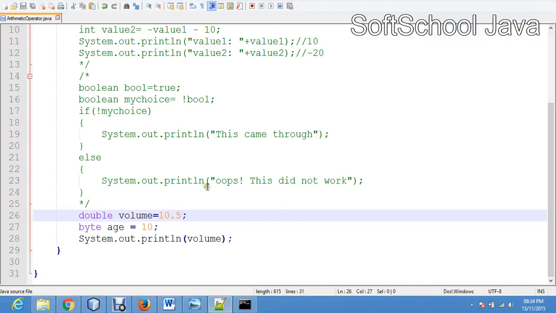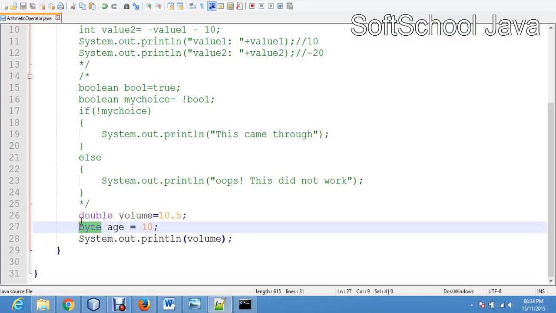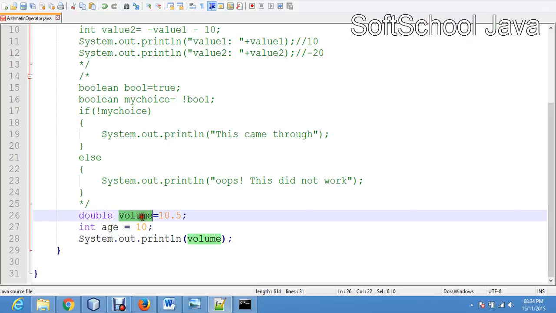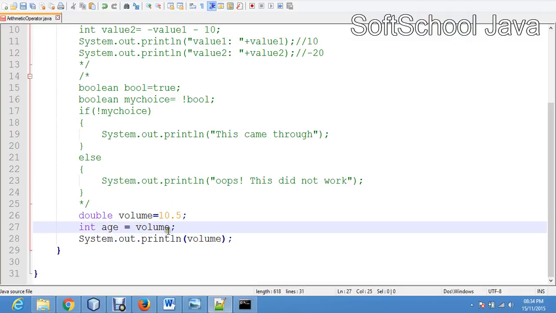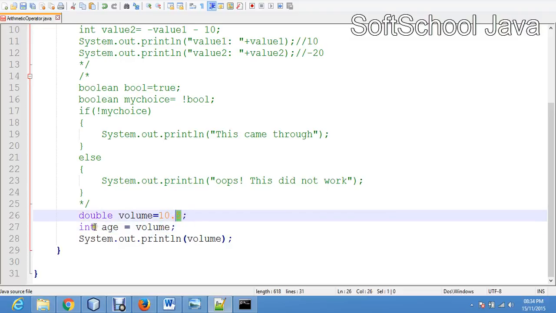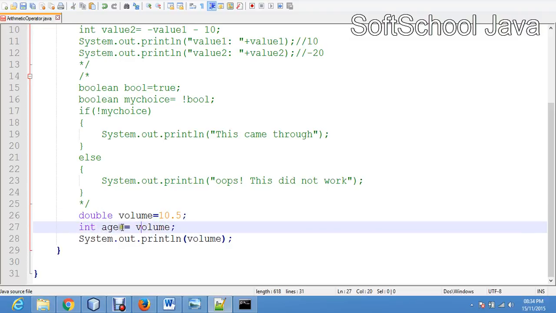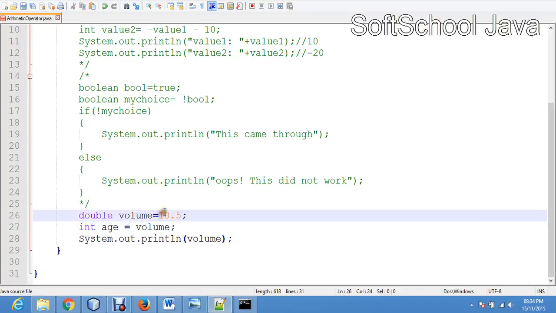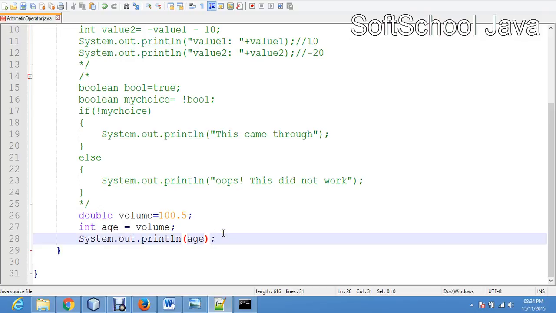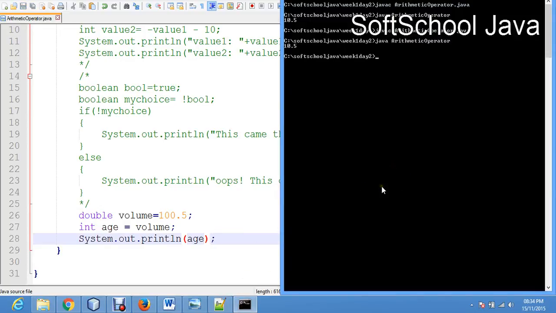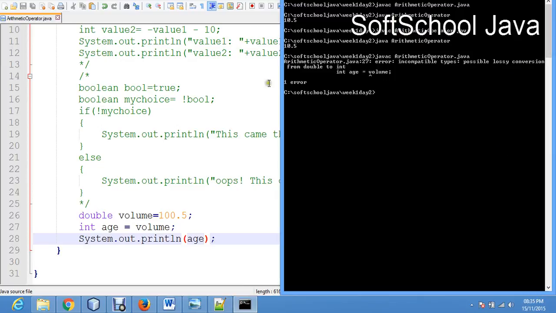Now if I wanted to put this double into a byte or even a short or an int, and I put the volume here, you see, this is 10.5 and this is int, which accepts only whole numbers, and I'm trying to say, give me age. Take this to 100. Now we're going to get an error message because what? Look at this, incompatible types, possible loss of precision, converting a double to an int. Despite the fact that you can actually